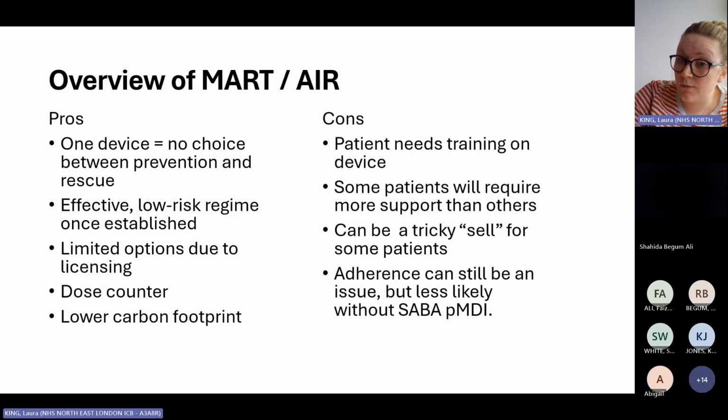So I've just seen a question in the chat from Tonya. I guess unless they become emotionally attached to this device or overuse it really inappropriately, if we're thinking that a patient is well controlled enough to not need a preventer, we could step them down to AIR therapy, and that happens quite a lot as a middle ground between well-controlled asthma and de-diagnosis. And then the other way round, you could start them on AIR therapy as per the guidance, and then step up.